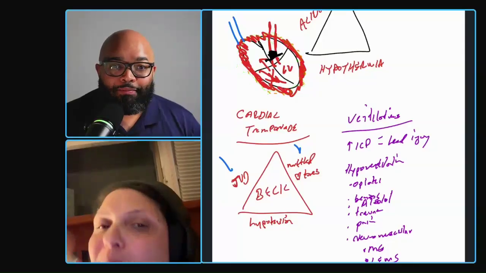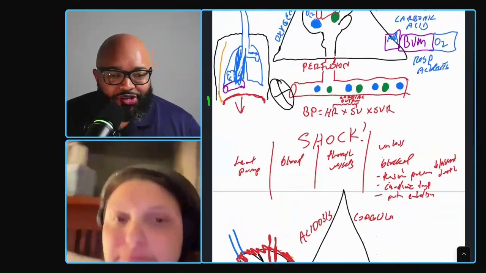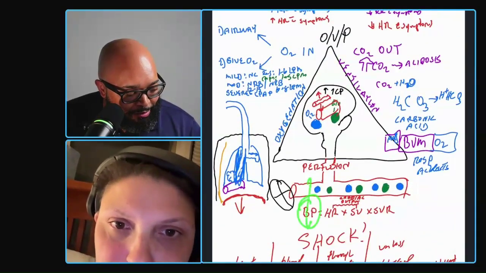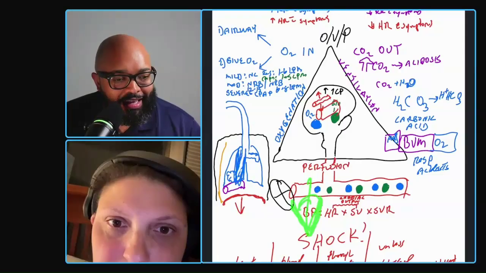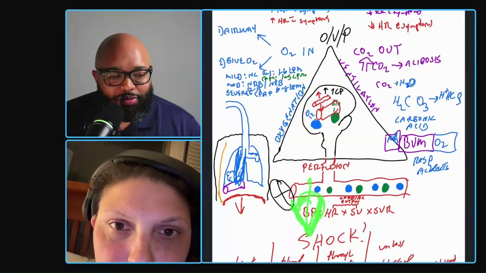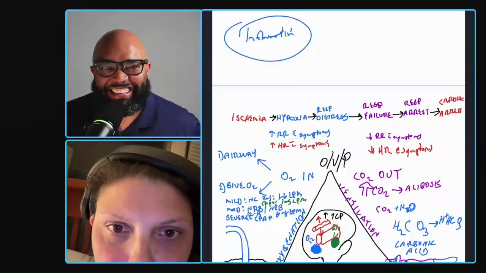So what's going to happen? If now the body says, wait a minute, my blood pressure, all right, so let's use the same picture and come up with an answer. If my body says, uh-oh, my blood pressure is low, what's going to happen to the heart rate to try to counteract this low blood pressure? What happens to the heart rate? It's going to increase. Whoa, increase heart rate with symptoms.